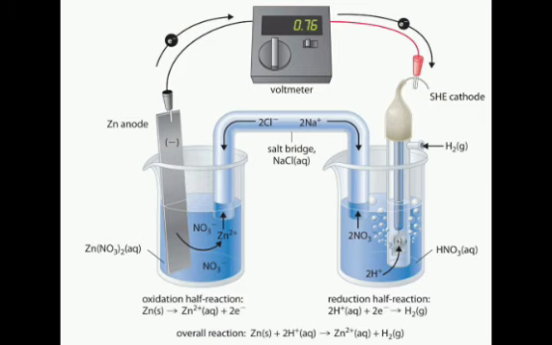Now, it is not possible to measure the absolute value of an electrode potential directly. Instead, it must be measured against some reference standard. Remember what I explained? Now, hydrogen has been chosen. It's well known internationally. It's an internationally accepted standard that hydrogen is the arbitrary standard with an electrode potential of